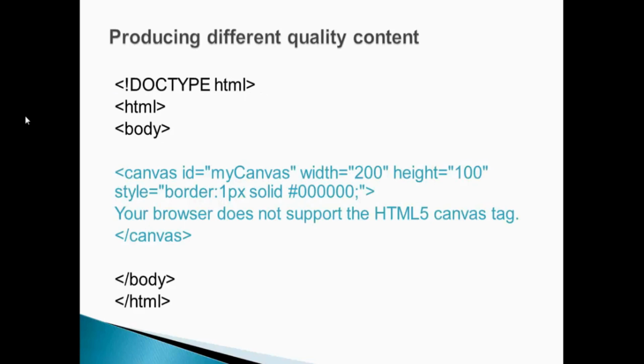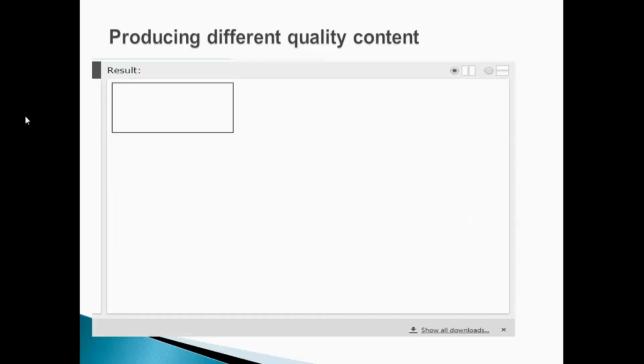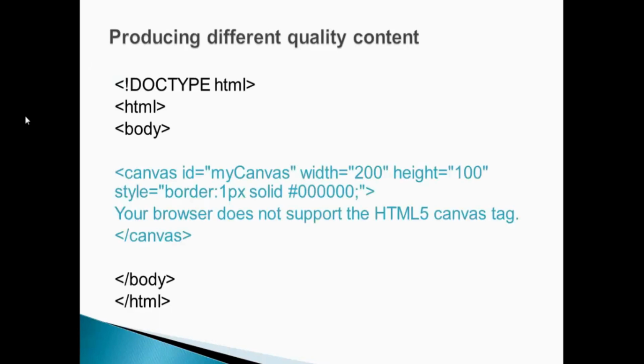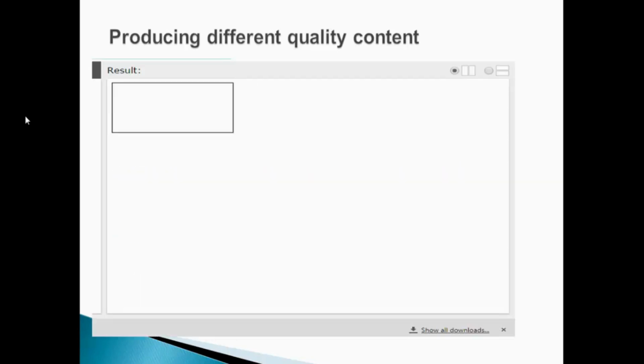Here is the canvas element given in this slide, where we draw a box whose width is 200 and height is 100. As you can see the output, if your browser is not supporting canvas, then you can get the message that your browser is not supporting the HTML5 content.